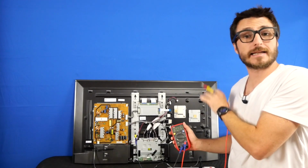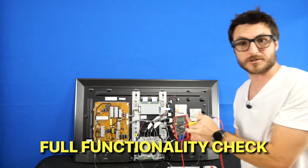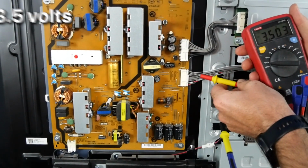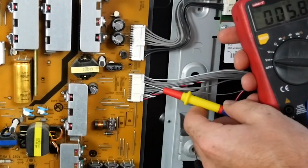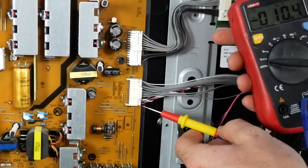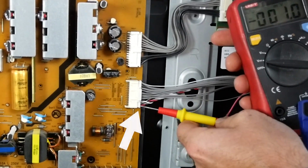With the main board out of circuit, I'd like to do a full functionality check on the power supply. So first, let's recheck our 3.3 volts. And we're getting about 3.5, so that's our standby, it is present. And the 12 volts is no longer present. I also like to check the T-Con 12 volts, which is all the way down here, and we also have 0 volts. And that's because the main board is no longer in circuit to send the signal on commands to